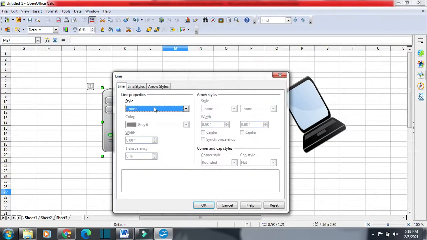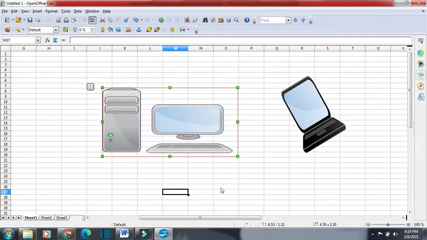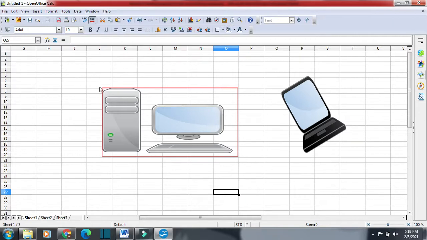Here the style is none, so I will go for a line. I can change the color of the line also, suppose magenta or pink red, and then OK. So we have an outline of the image. If you want to go for an outline of the image, you can do this.